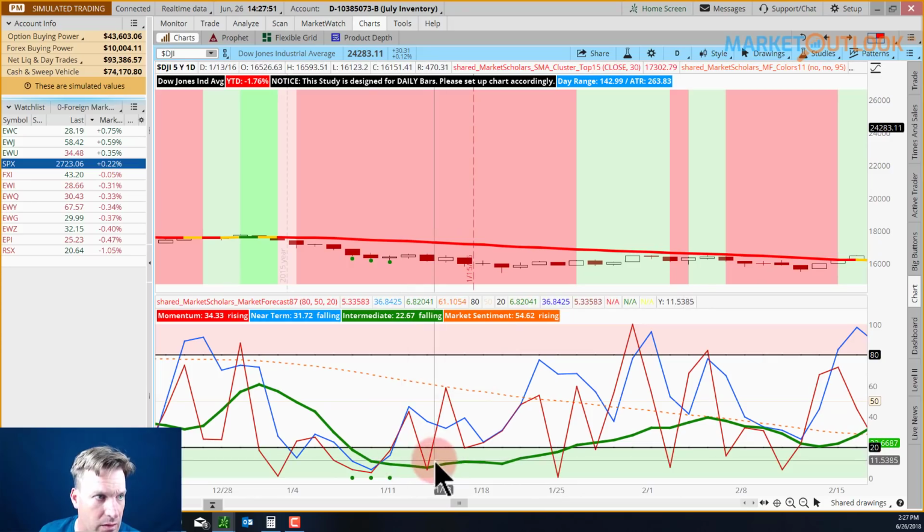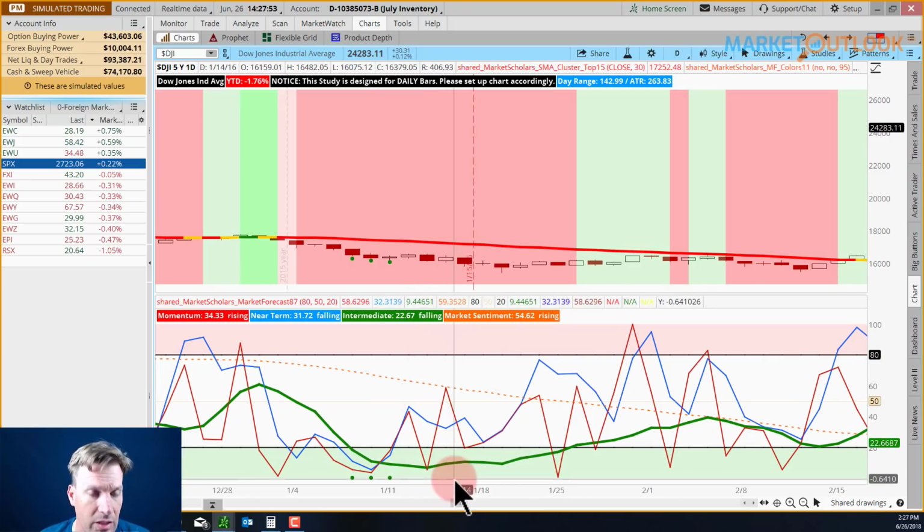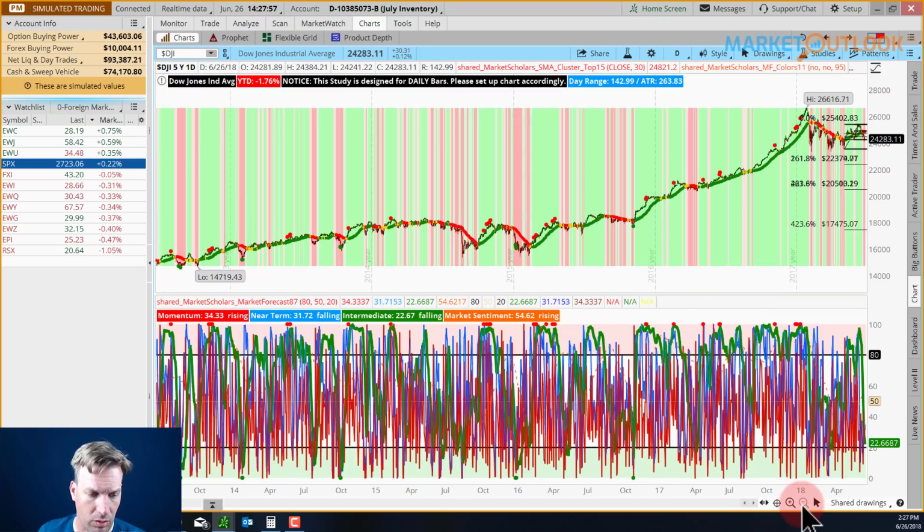That was probably the deepest one that we had in early 2016 when we were below the 200-day moving average. So zoom back out. There we go. There's your 2016. We were below the 200-day moving average there, and same thing back here in October 14 when we had our dip to the 200-day moving average at that point and bounced off of it.